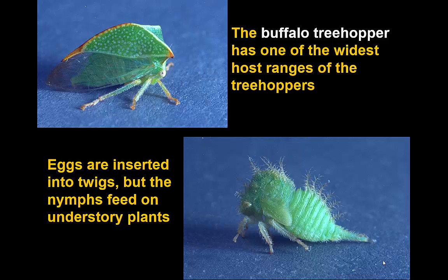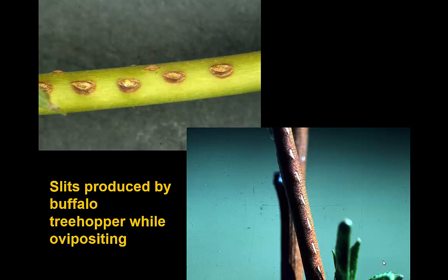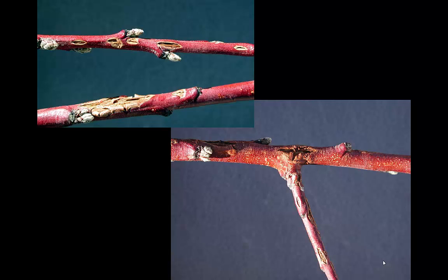The young stages of the buffalo treehopper, indicated here, actually don't feed on trees. It feeds on understory plants, various kinds of herbaceous plants that will be underneath the tree. But again, the eggs are inserted into the twigs of trees and shrubs, and that produces little slit wounds that may not be normally observed. They may be subtle and have little, if any, real effect on the plant health, or they sometimes become more conspicuous and more common. So in this case, a fair amount of splintering here on some peach twigs caused by